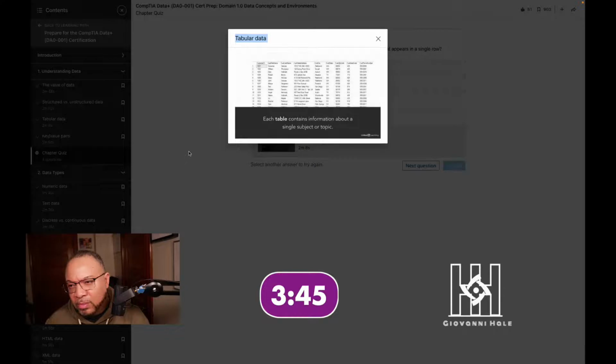In the relational model, we still organize our data into tables, and each table contains information about a single subject or topic. Here's an example of a table that we might use to track information about the customers of a business. The subject of this table is customers, and you don't see any information in this table that doesn't relate to a customer. There's no inventory information, weather data, store phone numbers, or anything else that doesn't relate directly to customers. If we need to track those other types of information, we put them in different tables. Each column in a table is called a field, and it contains information about a single characteristic.